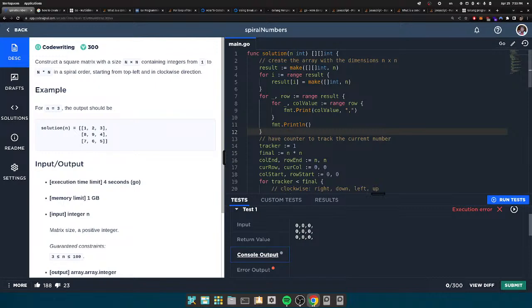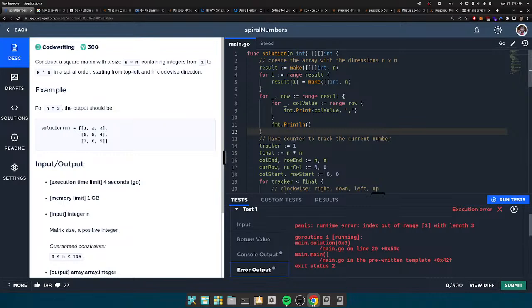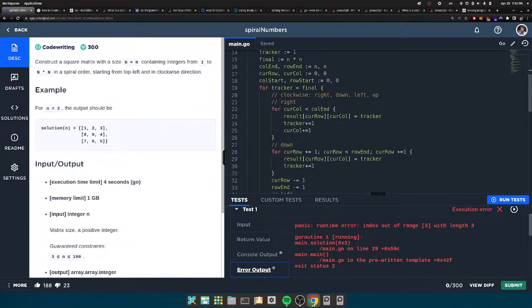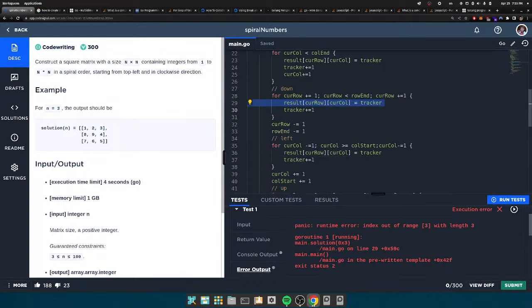Right, so it's okay. 3 and 3. Right, so line 29, it's the same. Okay, so we will start with the current row. So the current row is 0. And the current column is up onto the, yeah, same. Yep, we forgot this